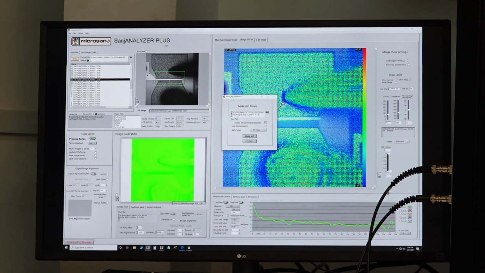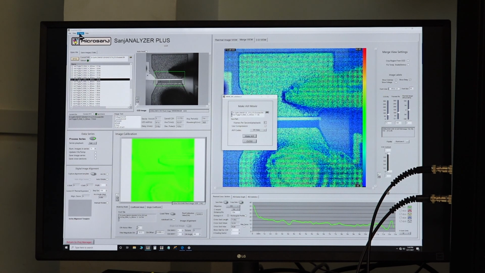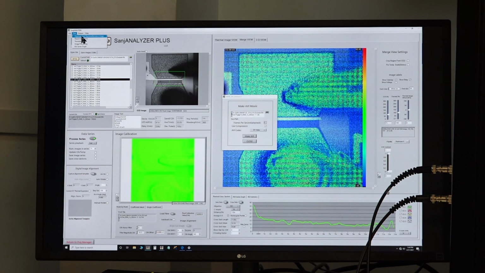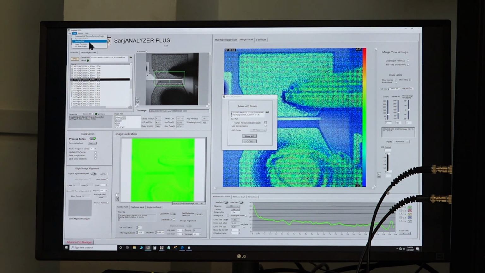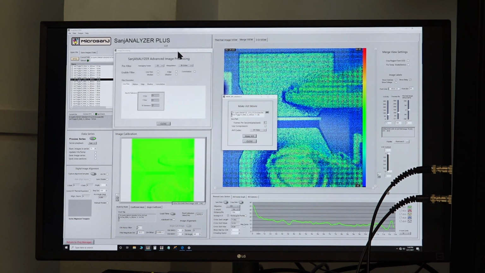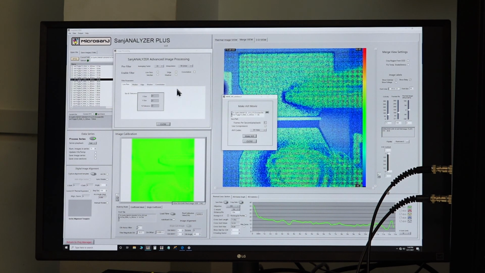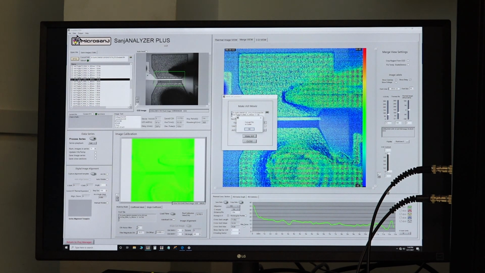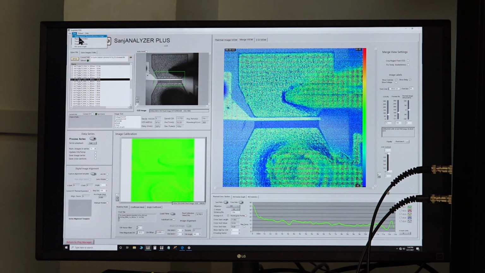In addition to this, we have advanced processing features like hyperspectral thermoreflectance imaging and other image processing features, where, using edge filters and low pass filters, you can improve the quality of the image. We also have a hyperspectral imaging module, which is used to merge images taken at multiple wavelengths.